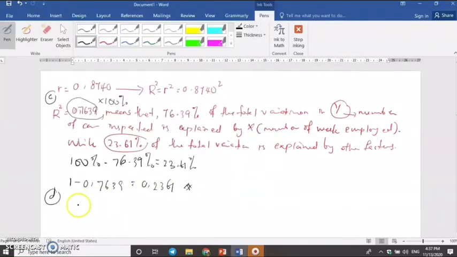Okay, so just use the equation. So based on this equation, y hat equals to 0.4471 plus 0.877. You just put in the value, which is when x equals to 8